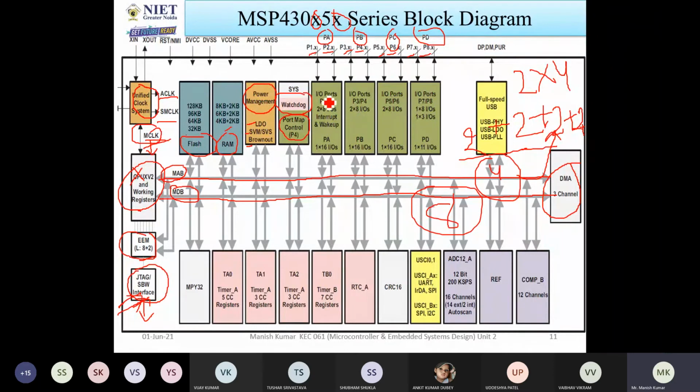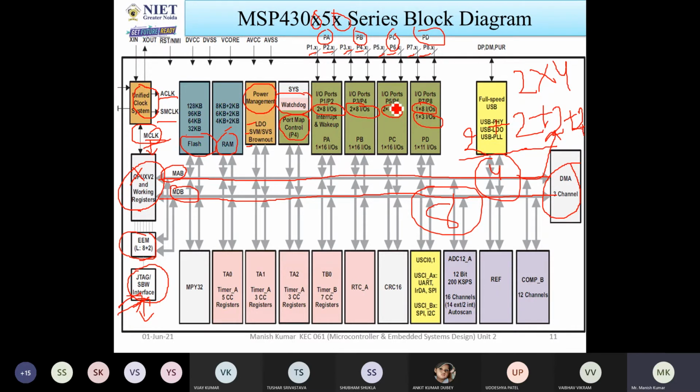Now you can see every port, like port A has 2 into 8 input output ports. Port B has 2 into 8 input output ports. Port C has 2 into 8 input output ports. Port D has 1 into 8 input output ports and 1 into 3 input output ports. So what is the meaning? Port 1 and port 2 both have 8 bits. Port 3 and port 4 also have 8 bits.